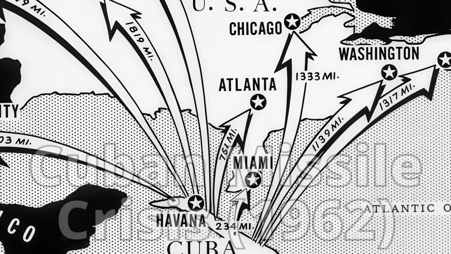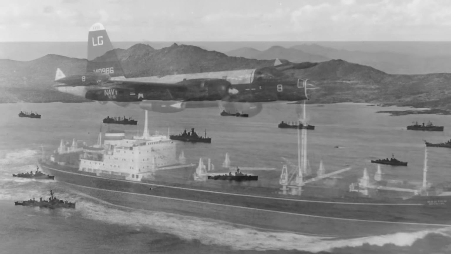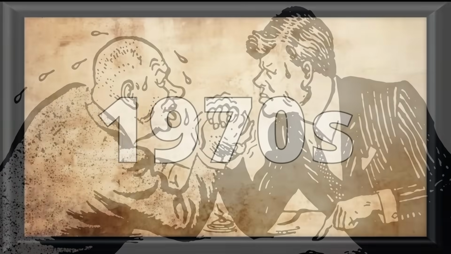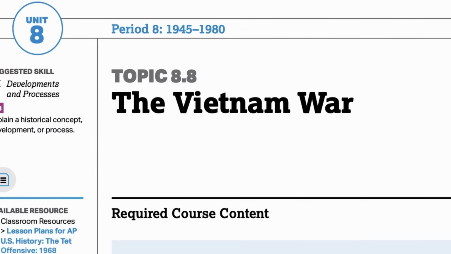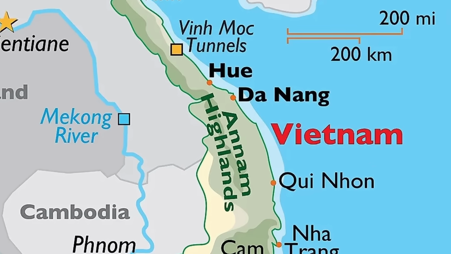Then the Cuban Missile Crisis will have the Soviets place nuclear missiles in Cuba, the US blockades Cuba, the world nearly ends, but all is good after some negotiation. But by the 1970s, this Cold War had really gone on for long enough. Vietnam is something that we'll cover later in this unit, but let's just say that the US was not having a great time in Vietnam.